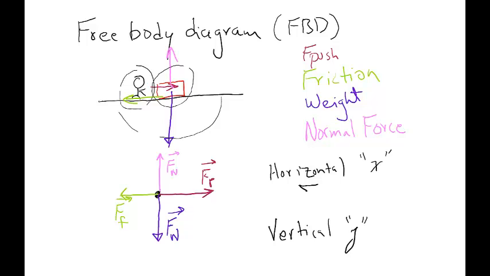So I would say net F, the net forces in the X direction, is going to be equal to M times A in the X direction, and the net of all the forces in the Y direction is going to be equal to M times A sub Y. We can always do this with vector components. This sigma thing here means add them all together. So the sum of all of the X forces is going to be equal to the mass times the X component of the acceleration, and the sum of all the Y forces is going to be equal to the mass times the Y component of